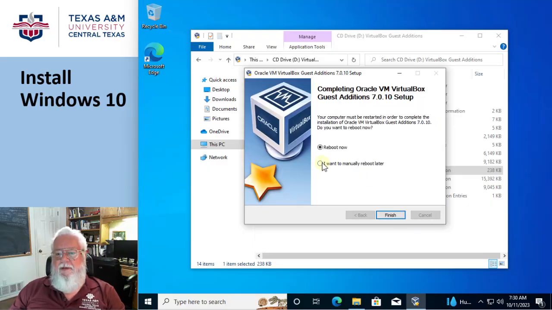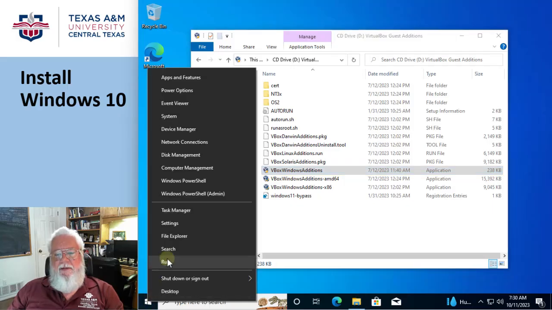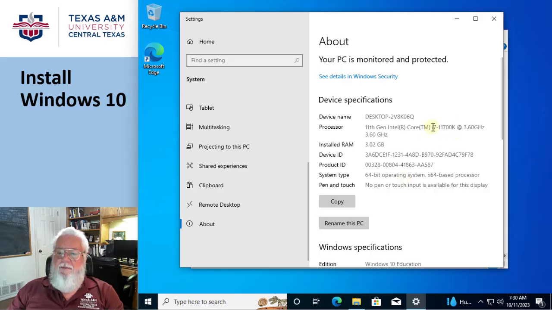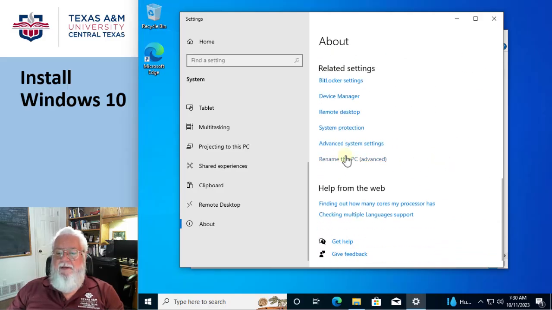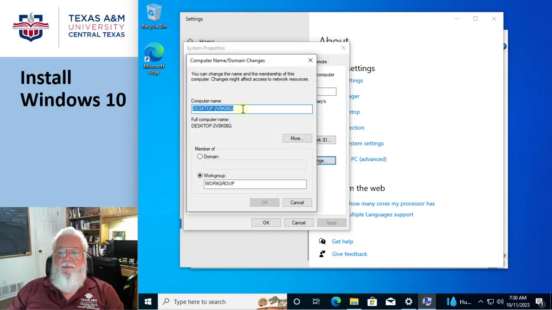I'm not actually going to reboot right now, but there are a couple things you're going to notice after you do the guest editions. You might want to rename the machine and change the time zone. It may not be correct. If I just right click and go to System, go down here to About, and way down at the bottom is rename this PC, so I can change the name to something else. I don't want this random thing. I might want to call mine Win10 or something, or maybe what class you're in, CIS